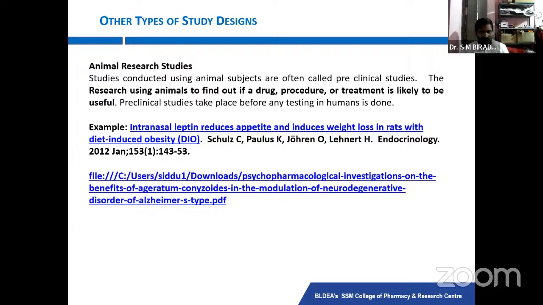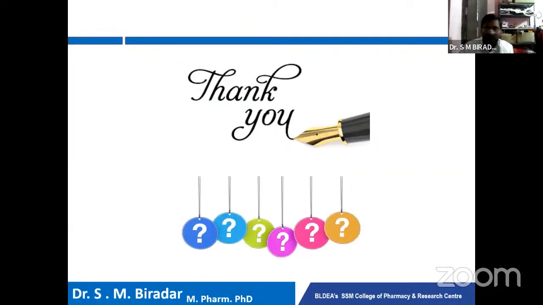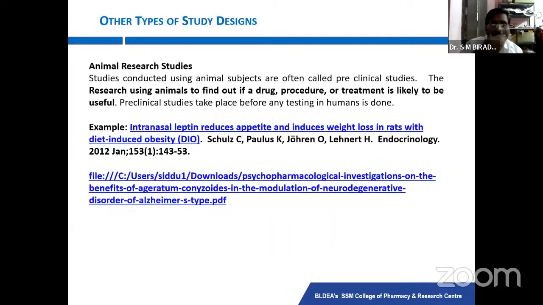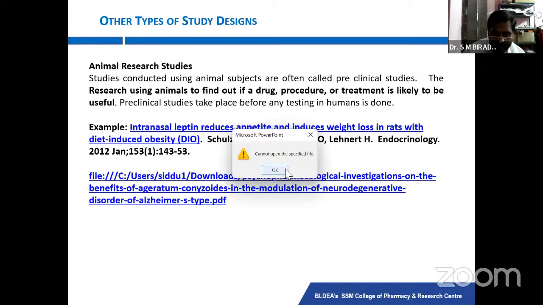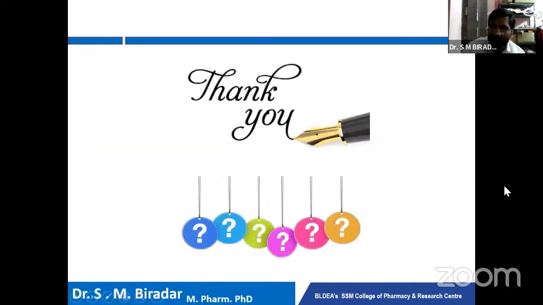So these are some of the research clinical models or designs available to carry out clinical studies. One more example is there which we have carried out here, and if you have any doubt, it is not opening here, you can see it afterwards in Google. So this is just a brief regarding the different clinical studies available.